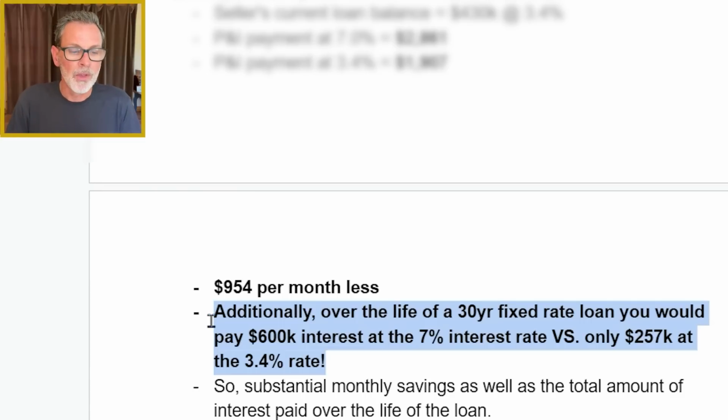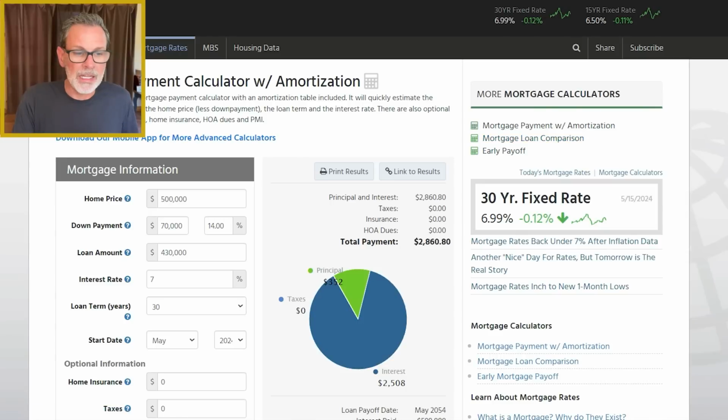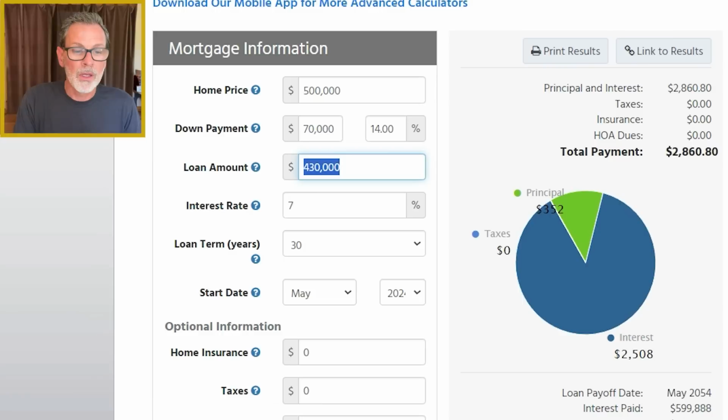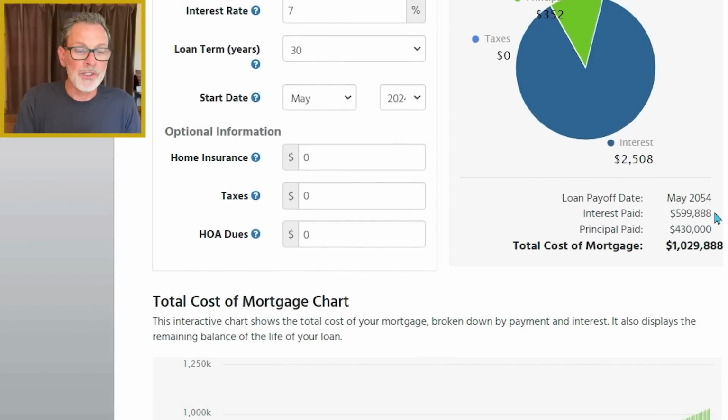So for example, over the life of a 30-year fixed rate loan, you're going to pay $600,000 at a 7% interest rate, assuming you have a $430,000 loan balance. Compare that to only $257,000 in interest paid at the 3.4% rate. Here's that calculation. So at 7%, a $430,000 loan, again, your payment around $2,900 per month, but your interest paid, because that interest is so high at 7%,